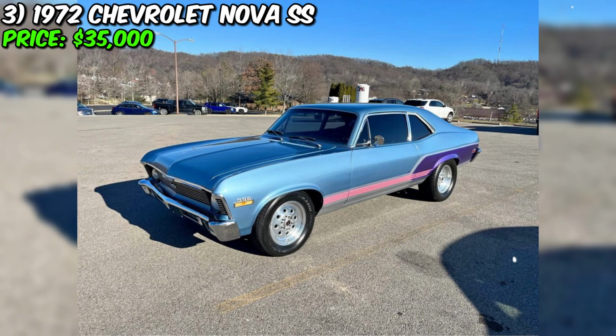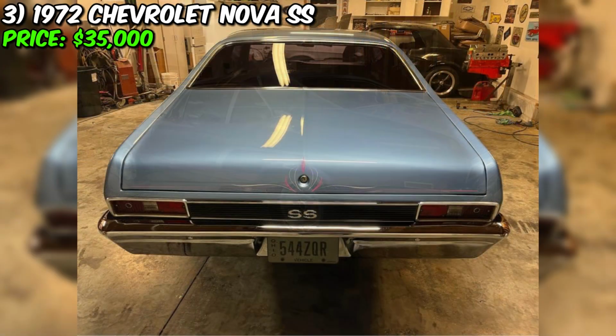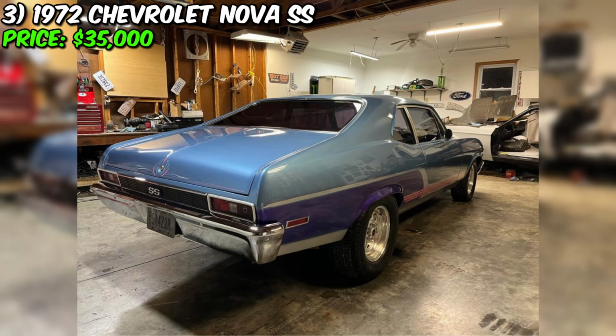happy owner. 3. Presenting the exciting opportunity to become the proud owner of the exquisite 1972 Chevrolet Nova Super Sport, listed for sale at $35,000. This car, rich in history and power, offers a unique driving experience seasoned with style and performance. With a mileage of